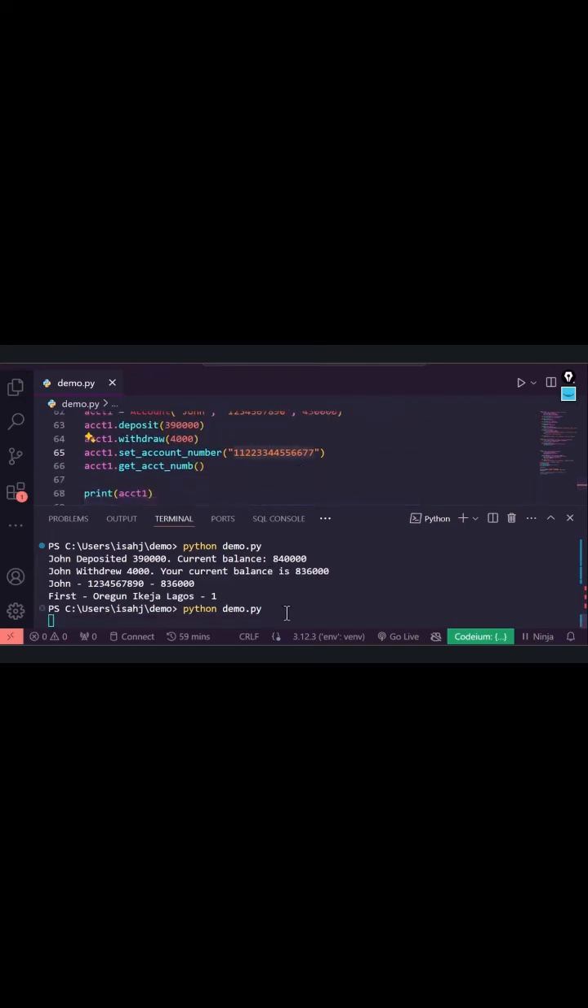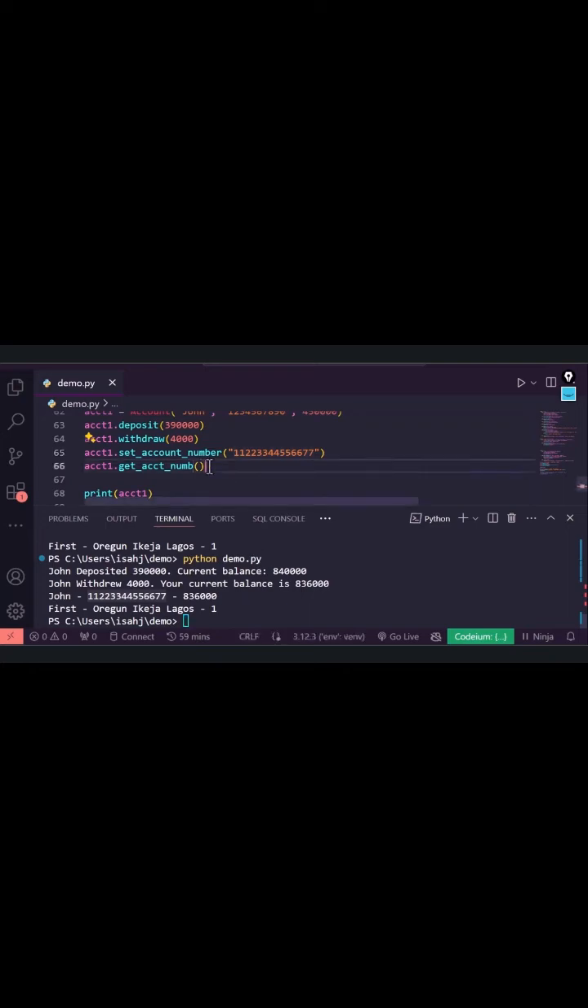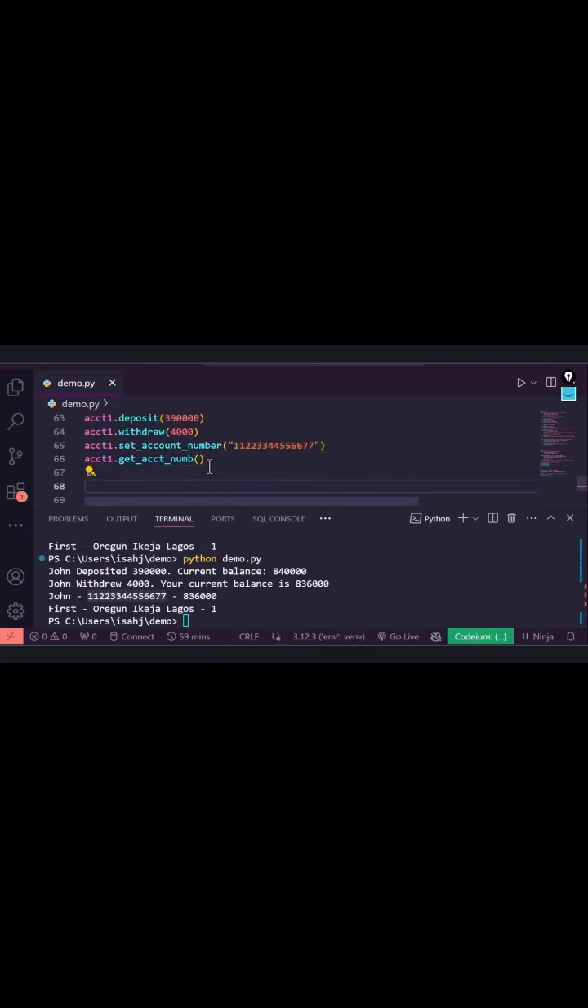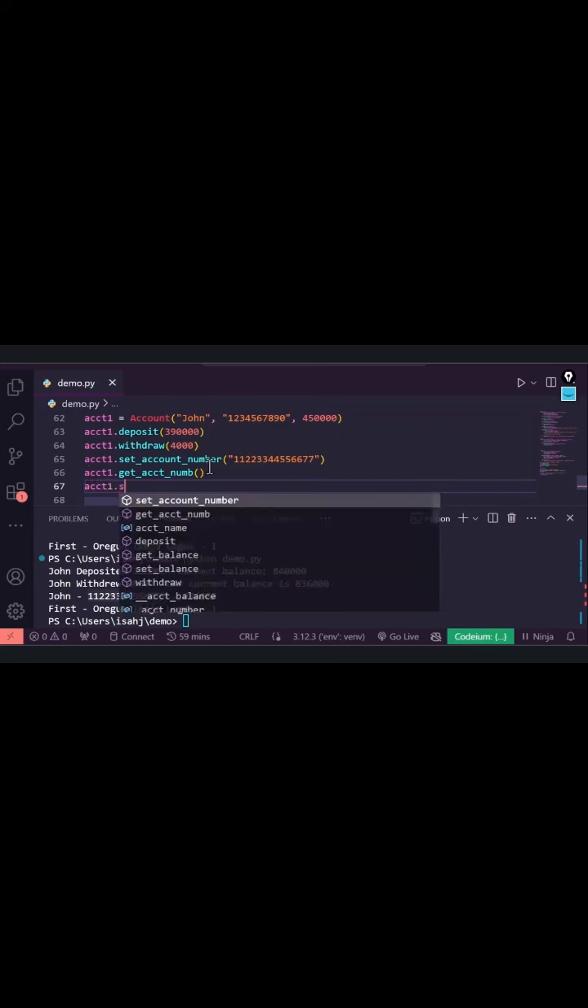So when I run this, I should be able to see something like this. Okay, so you can see the new updated account number here. All right, so this is how this works in Python. Now we can also use the dot set for the balance. So where I say something like this, dot set